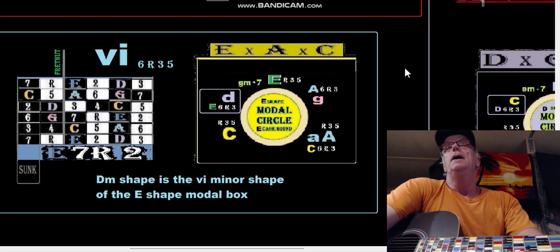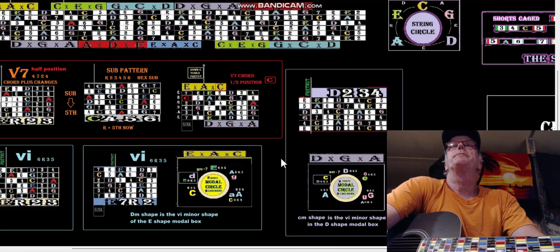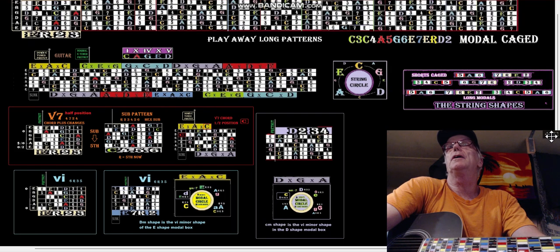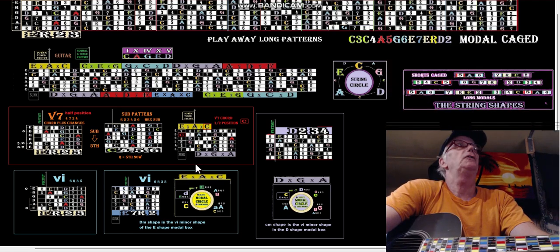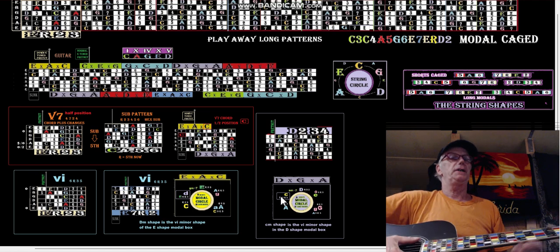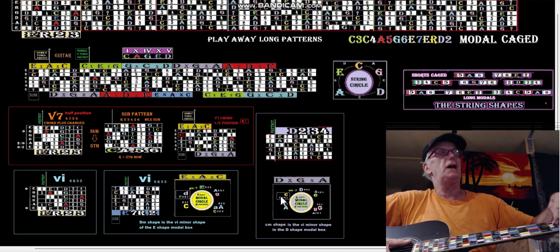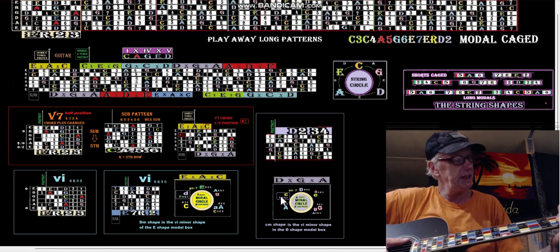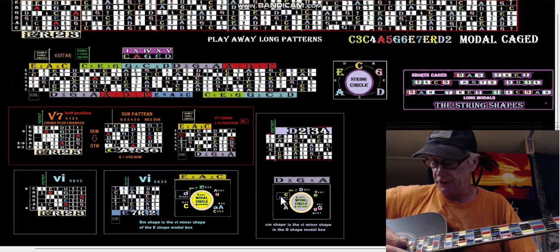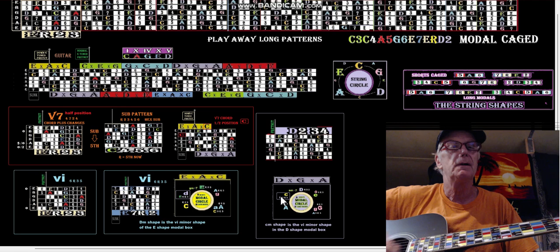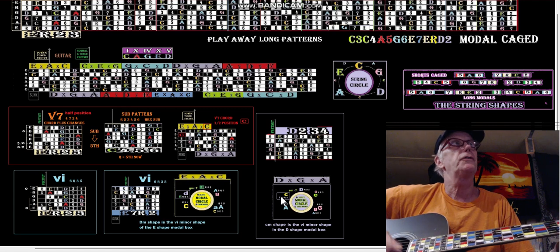So the subject of this chart again is half positions from the open position. Now I've only got 2 of them. I've got the 5, 7, and I've got the 6. We just explained the 6th, how it ends up the top 3 strings, and we can just take that 5, 7 and move it up and play the top 4 strings. There's your 6th, here's your 1st, 4th,